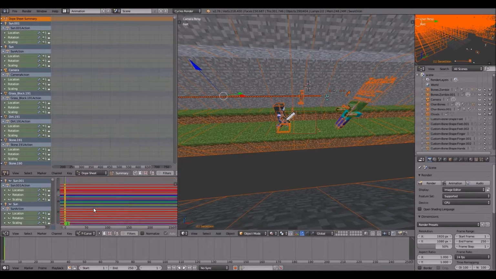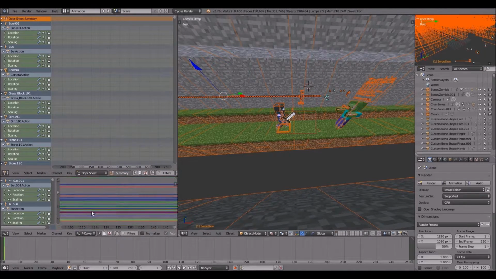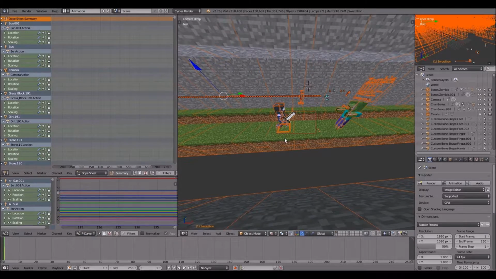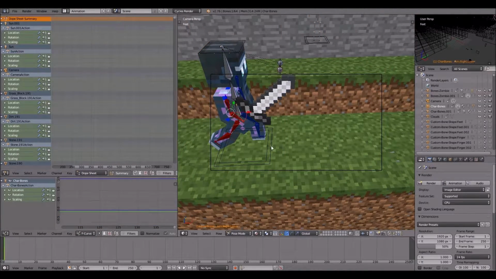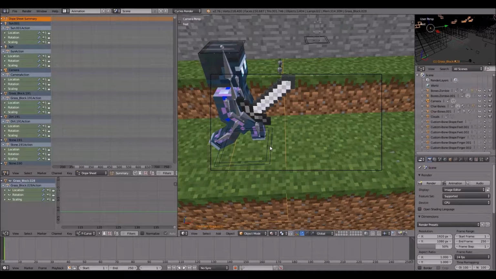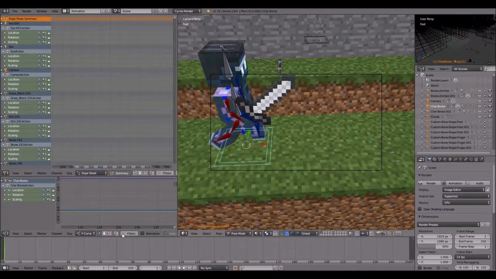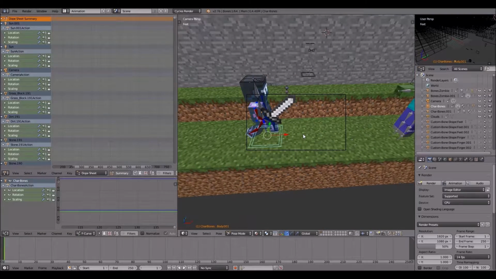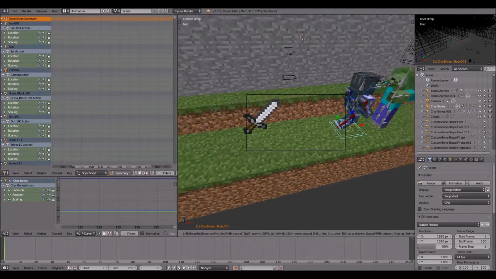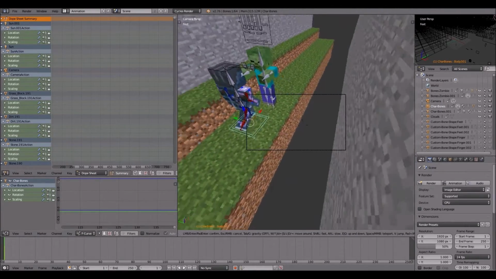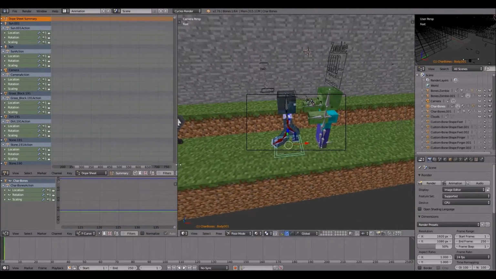I think we should zoom in a bit on this because it's a bit trippy and it's a bit rainbowy. So now we want to hit A again. We want to grab the bones on this, and we want to just simply move him forward so he's in front of the zombie. So if we do Shift F, then we move him across. Okay, boom. So now he is in front of the zombie, but